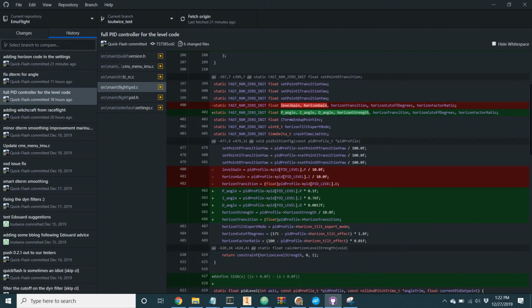Some more testing on this new PID controller, or at least a full PID controller in angle mode, would be nice. I'm sure that people like Patrick from Project Mockingbird would be really good at testing that. He's flown Silverware, which has a full PID controller for the angle code. He's done some other things, and